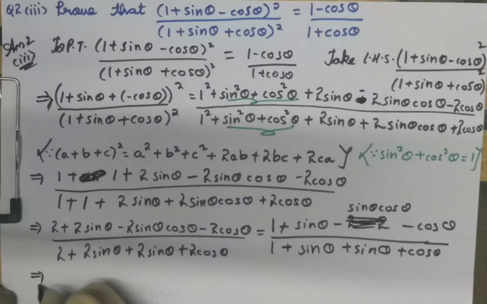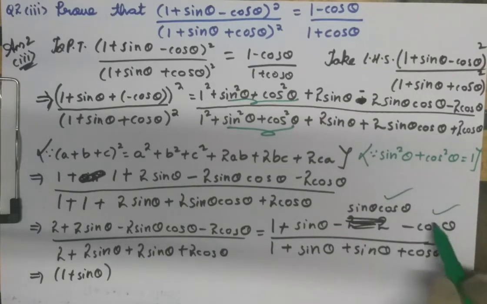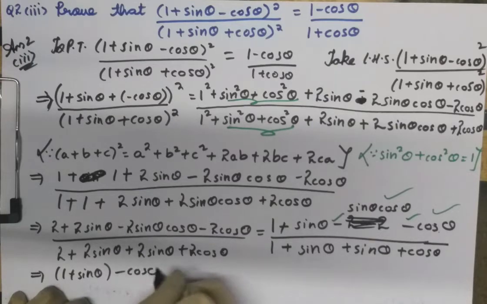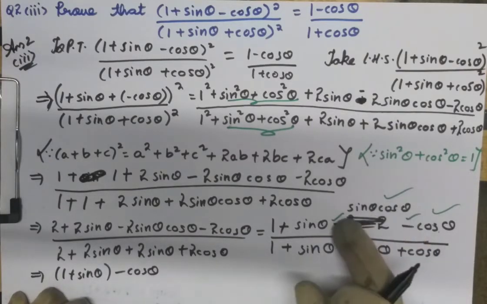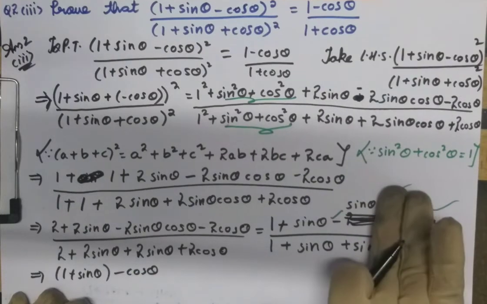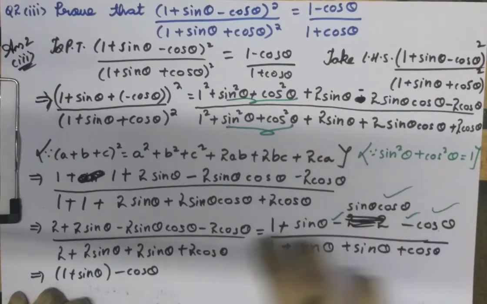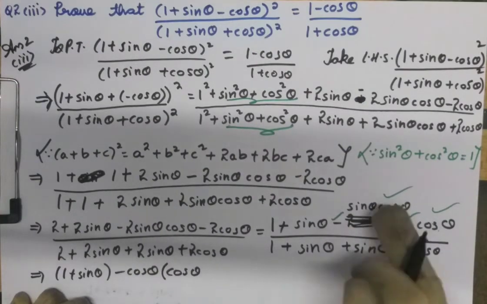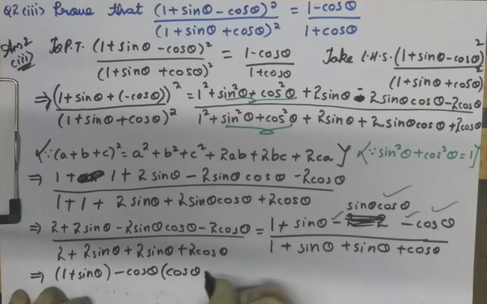Now in this step we have 1 plus sine theta, we'll write as it is in one bracket, and if you carefully observe, in both these terms we have cos theta, so we can take cos theta common, and also we can take minus common because minus is present in both the terms. If I take cos theta and minus common from here, what is left? Only sine theta is left inside the bracket. Don't write cos theta.